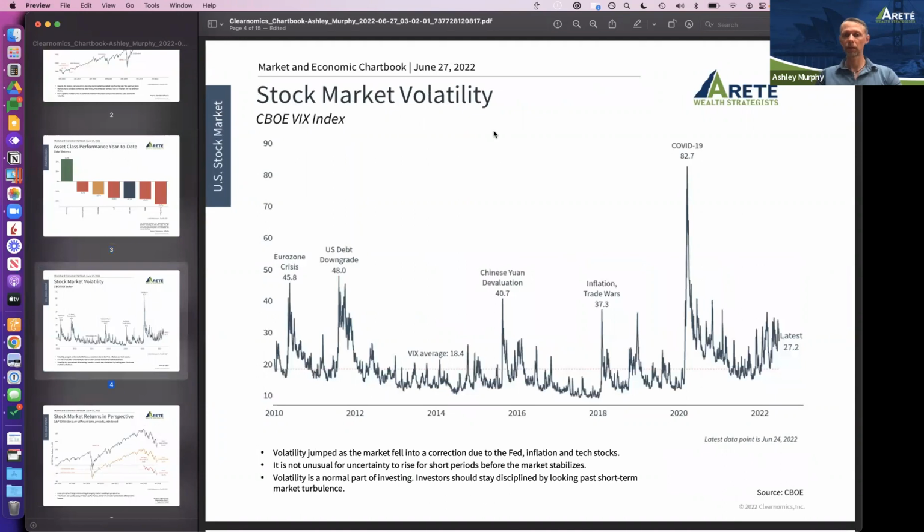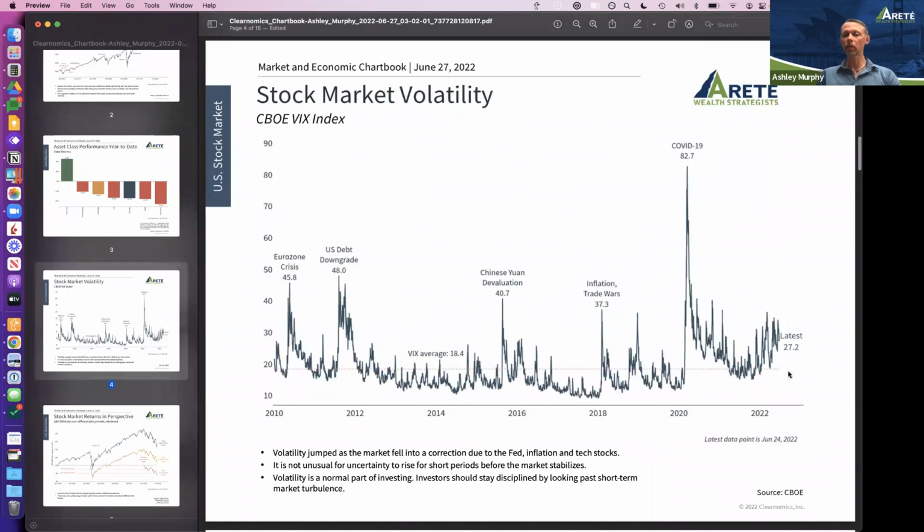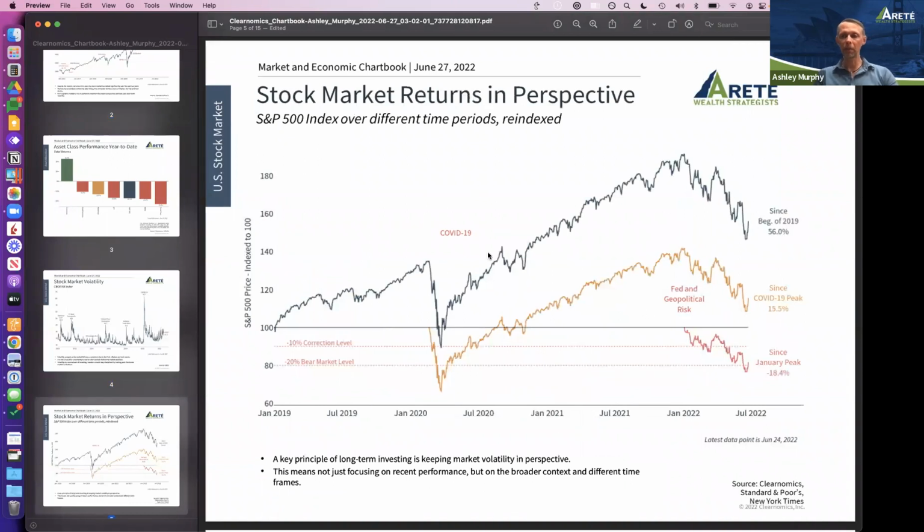Volatility. This particular chart we're looking at is to do with the VIX index. The VIX index is an indication of how much volatility there is in the market. And what's interesting about this decline is that while there's certainly been a negative trend line, no question of that, it's been a negative trend line without a great deal of volatility, without a whole lot of surprises. It's been this gradual decline. It doesn't make it any better, and I share my clients' disappointment with what's going on, but I'm trying to describe the nature of the downturn that has occurred here. But it's important to keep what's happened in historical perspective.